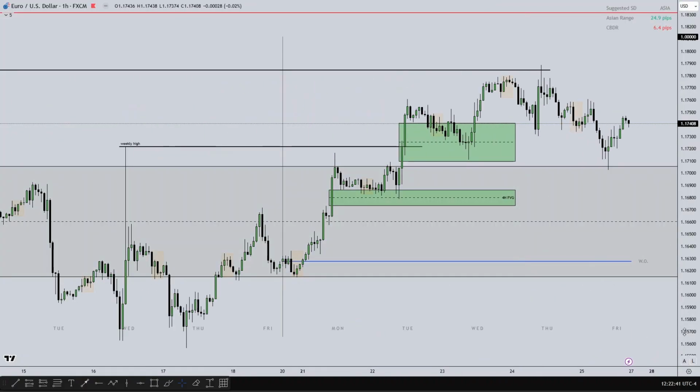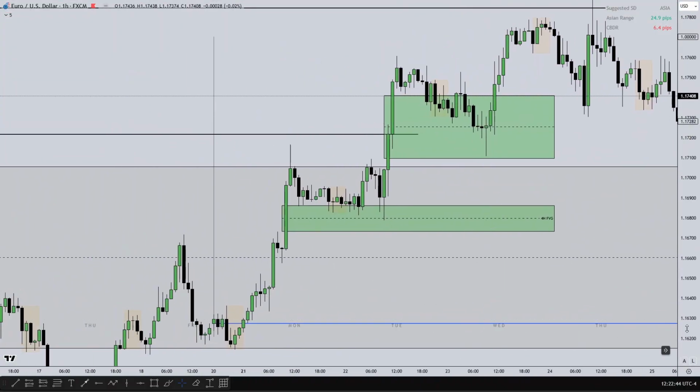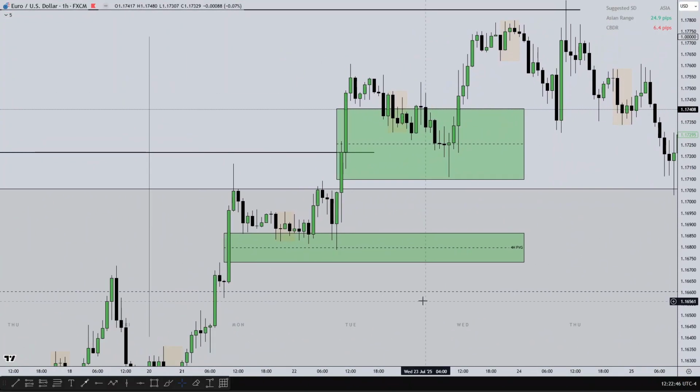So going down to the lower time frame, on the 1 hour time frame, you can see how price retraced to the 4 hour fair value gap, took out sell side liquidity, and traded higher. Now, I executed on this trade. This is the trade I took this week. I took a buy, which is currently last week because I'm currently recording this video.